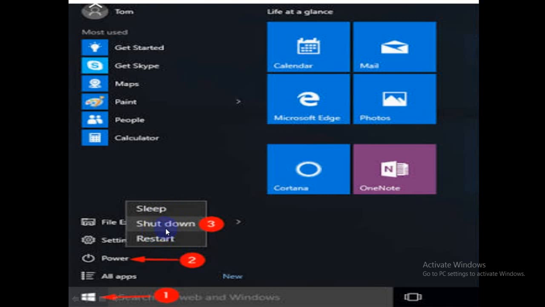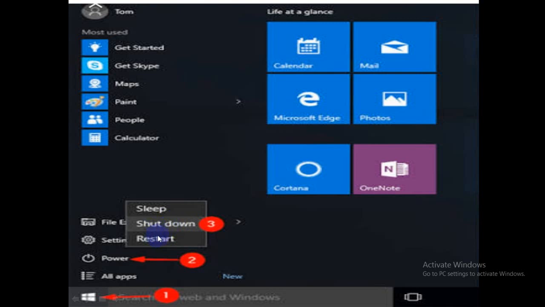First is shut down. This option means when we want to exit from Windows, if you have finished your work and now you want to turn off your computer, then click on the shutdown option.